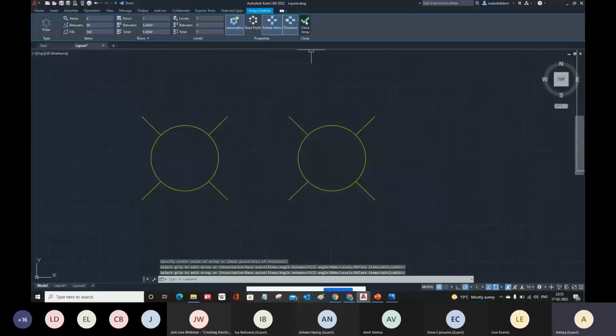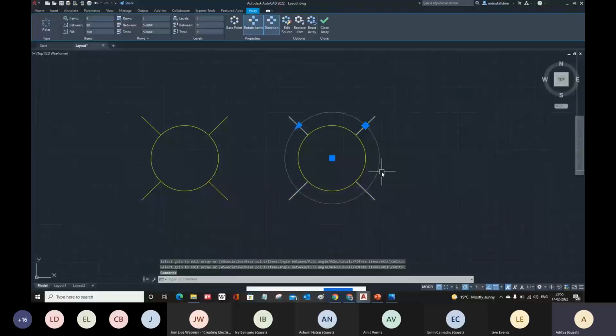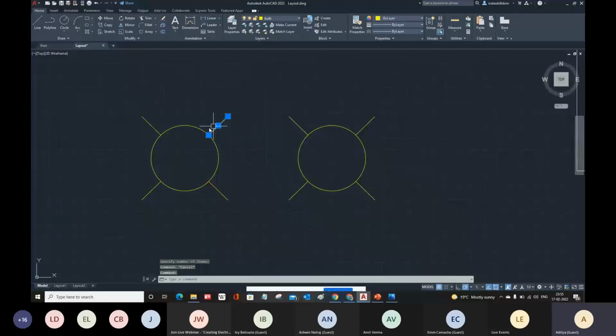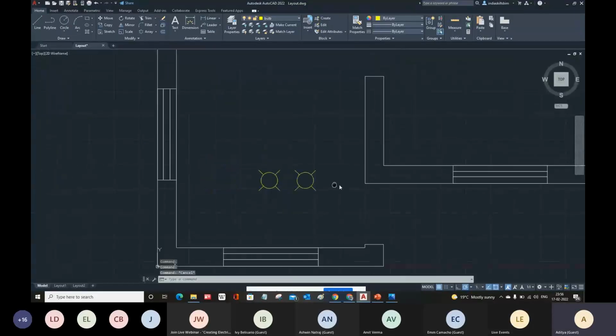Now see, if you select one object, the other instances are also selected. And if you pick from here and drag it, what will happen? See, it is automatically changing the total angle, right? And if you pick from the last one, something like this, it is decreasing the number of items. So this is the benefit of the array tool. With mirror, you will not be able to find those options, because these are just individual entities. So it's up to you how you want to make it. But anyways, here I'm okay with this option.